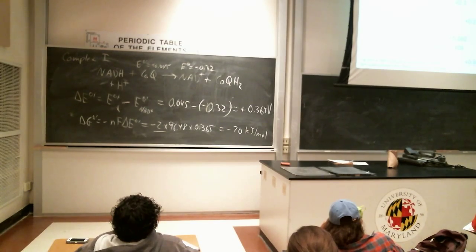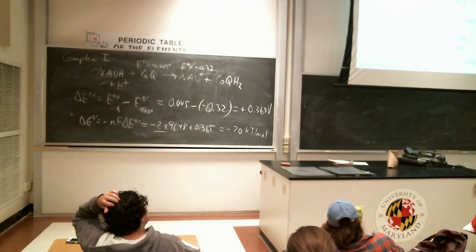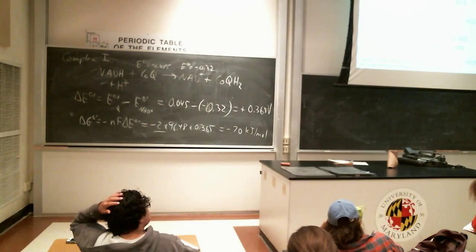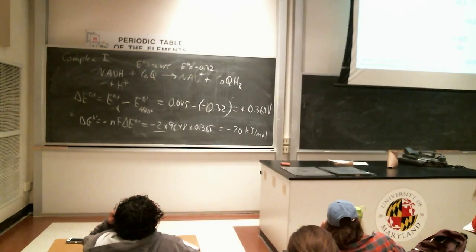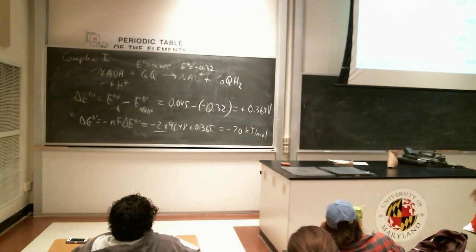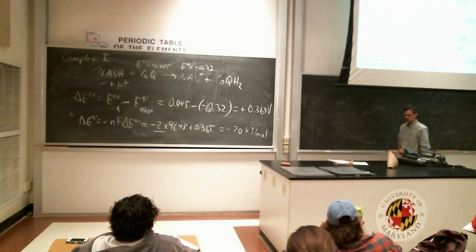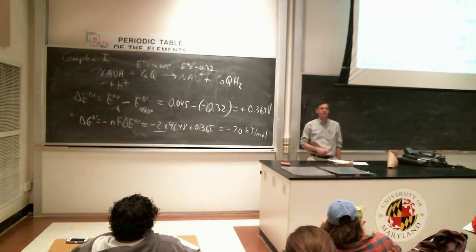So this is the reaction catalyzed by complex 1. There's the delta G that I just calculated, large negative number, complex 3, and complex 4. So note that each of these is a large negative number. So free energy becomes available to do work. And the work, again, is the pumping of protons from one side of the membrane